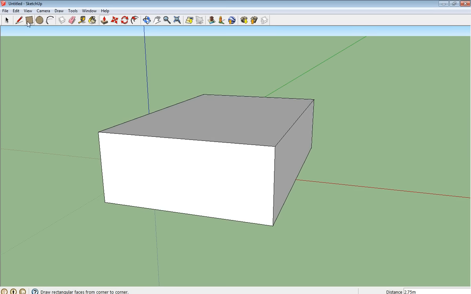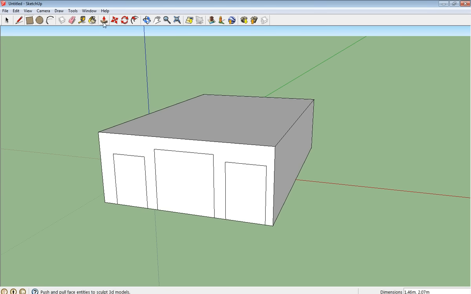What we're going to do now is we're going to stay with the rectangle tool and we're going to try drawing rectangles on the side of our building like this. So left clicking and moving around. It's a good idea to start at the bottom. You'll see your pencil snaps to the bottom line like this. So it's blue and it goes on to a red dot, and that's a good place to start. So I'm going to draw a few rectangles,